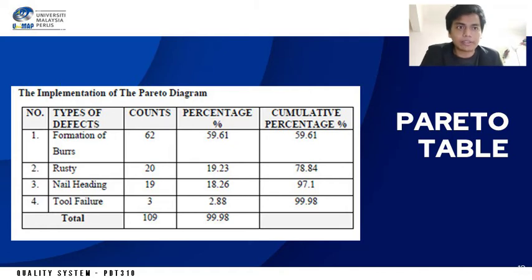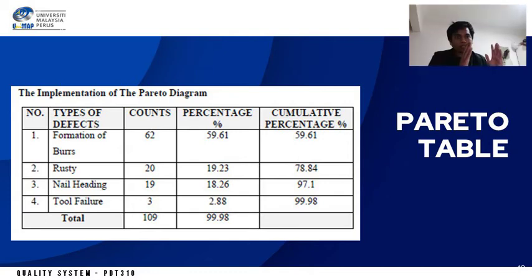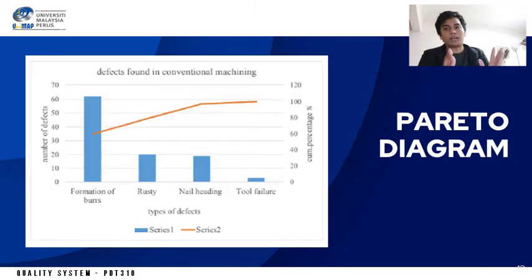and from that data we calculate the percentage and also the cumulative percentage. The arrangement is based on from the highest of the percentage into the lowest of the percentage, but the cumulative percentage is the addition of every percentage. So next slide, as you can see the